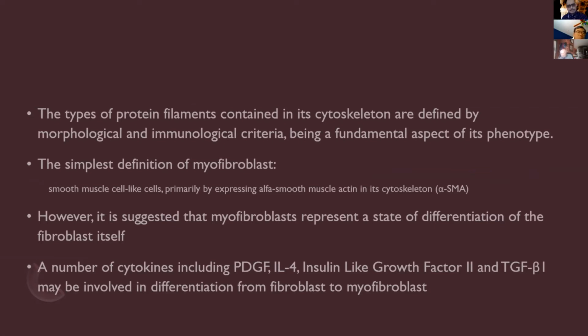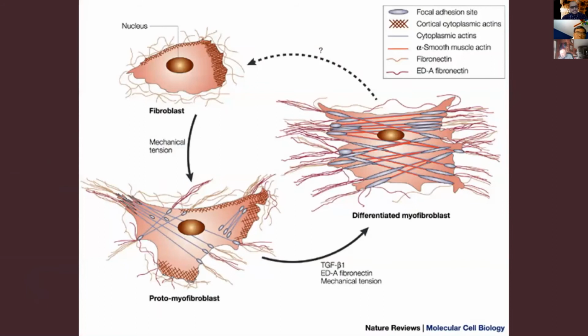A number of cytokines, including platelet-derived growth factor, interleukin-4, insulin-like growth factor, and transforming growth factor beta, could be involved in differentiation from fibroblast to myofibroblast. This schematic view of differentiation of myofibroblasts from stromal cells, mainly fibroblasts, shows focal adhesion mediated by integrins, by mechanical tension,